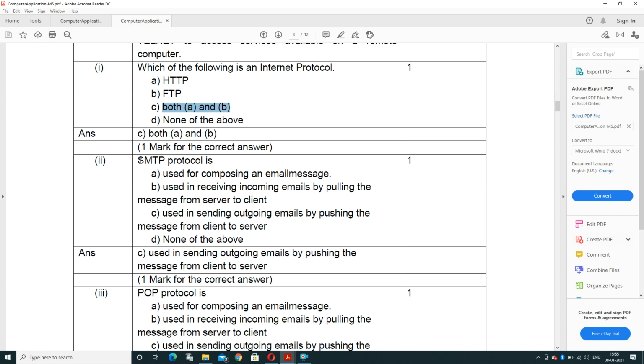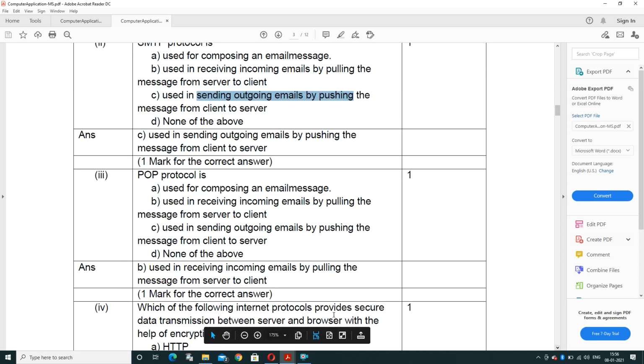SMTP full form is Simple Mail Transfer Protocol, and it is used for sending outgoing mails, by pushing the message from client to server. POP is the reverse, used in receiving messages. So keep in mind, if we are asked about SMTP, it is the case of pushing, and if we are discussing POP, it is the case of pulling.